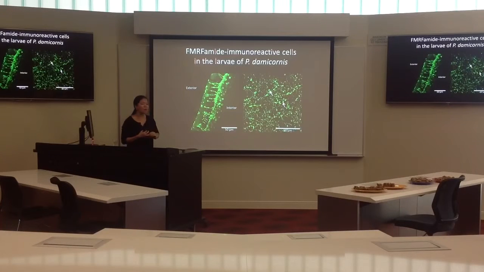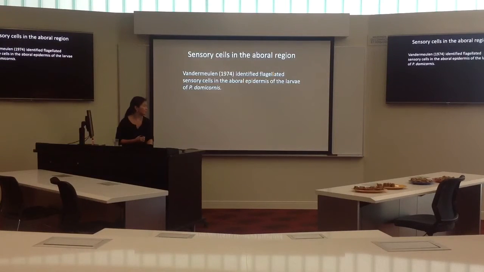And the arrows are pointing to dendrites that are sitting on top of the cell bodies that are coming out towards the surface. And in terms of comparing whether there was a difference between the aboral end and the oral end, there really was no difference. These FMRFamide cells were found across the entire length of the larva. So they're probably not what I'm looking for, really. But it was a good place to start. And in going back to the literature,